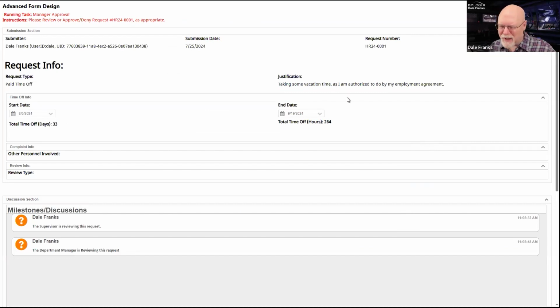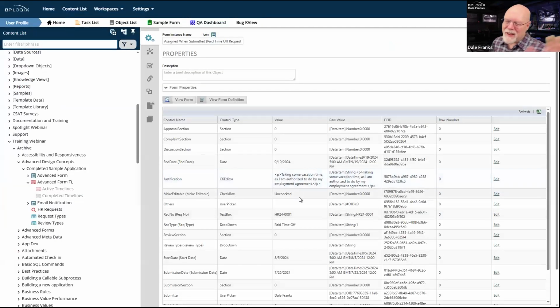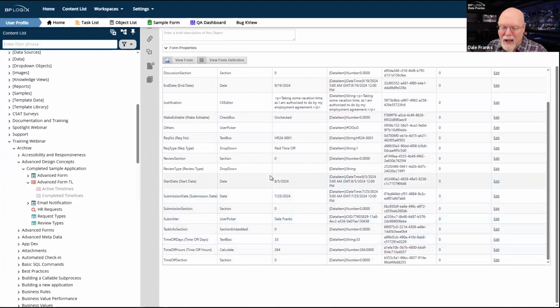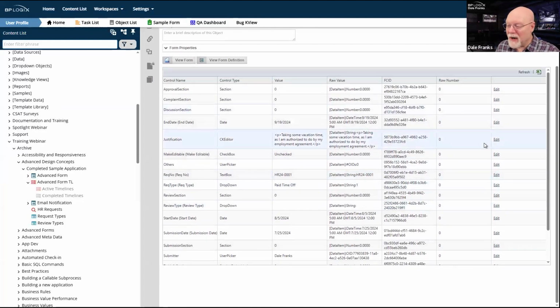So just something to think about whenever you're editing as an administrator, text editor stuff. I shouldn't have picked that, but it's the only text field I had on the form, so I didn't have a choice. I had to pick that text field. I could turn on the make editable checkbox. I could add some. There's not much else I could change here. But I can change anything that I want on this form. There's nothing I want to change, but I could change anything I want. As long as I am in debug mode, I have access to change everything on the form.